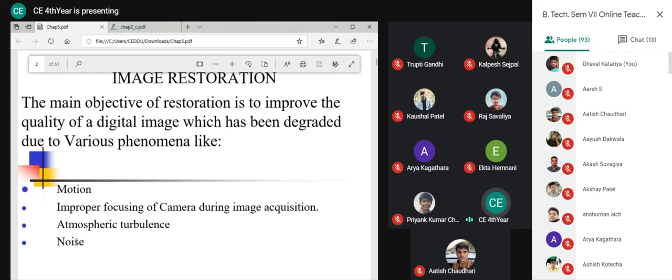So what is the ultimate point? The camera sensor generates voltage. Those voltages are affected by the surroundings, maybe by faulty switches, maybe by other ICs in the surrounding. Then also the image is degraded, or it is affected by atmospheric effects like lightning or temperature. Then also the voltages will get degraded. If it is generated by the surroundings, by human effect, we will call it noise, and if it is from nature, we will call it atmospheric turbulence.